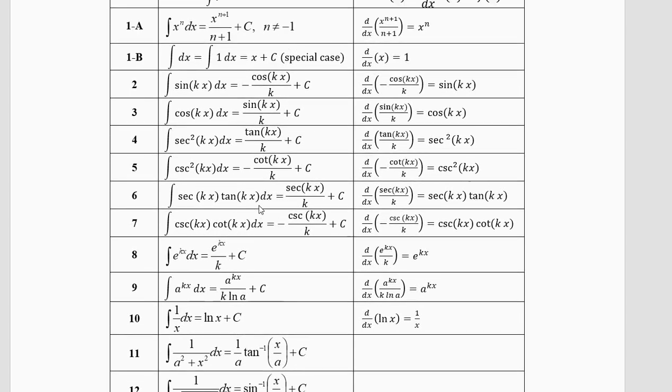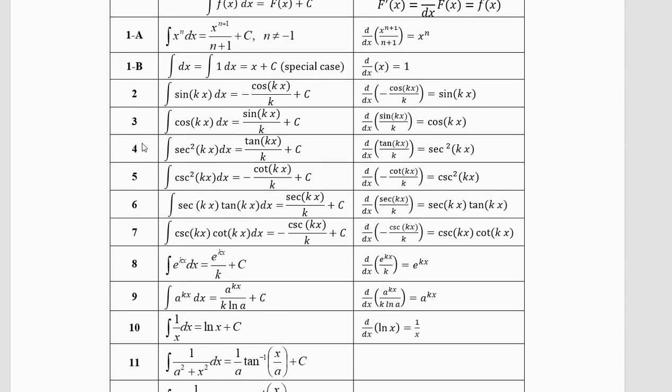Now these were your 6 trigonometric functions from 2, 3, 4, 5, 6, 7. There are 6 trigonometric formulae here, which we have to do. See, on the right hand side, you have all 6 of them: cosine, sine, tangent, cotangent, secant, cosecant. Inside the integral, you do not have all 6 of them because we need some extra information to integrate the trigonometric functions, which we'll learn in next chapters.